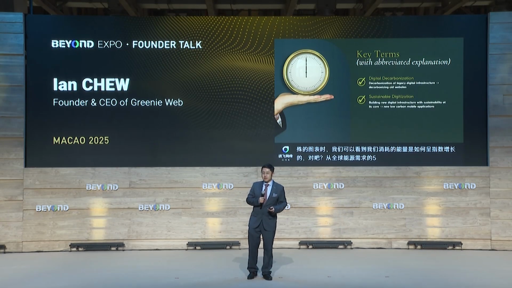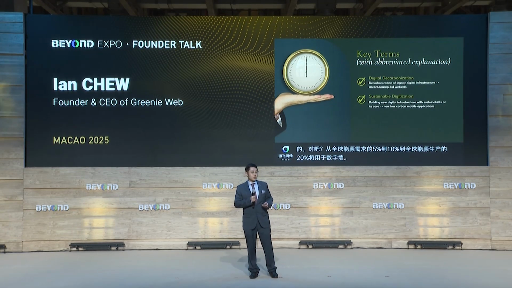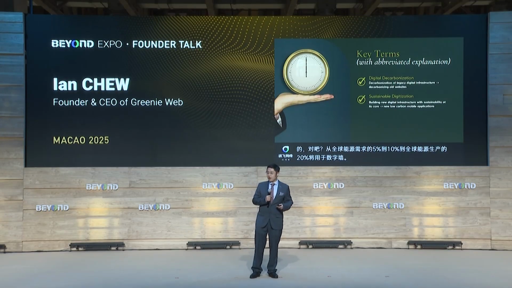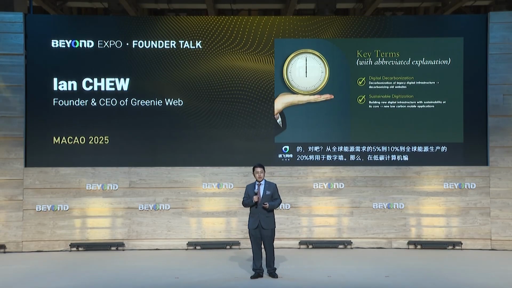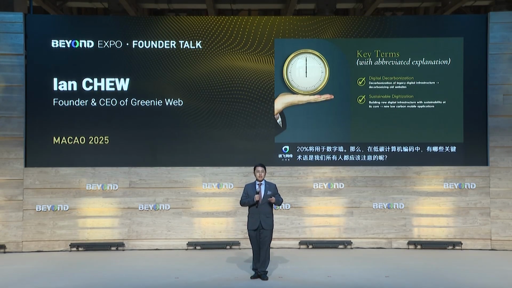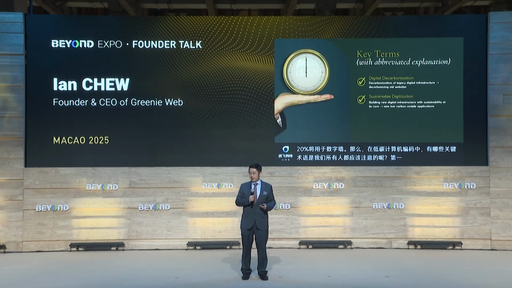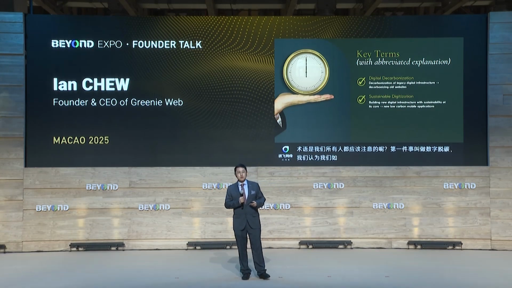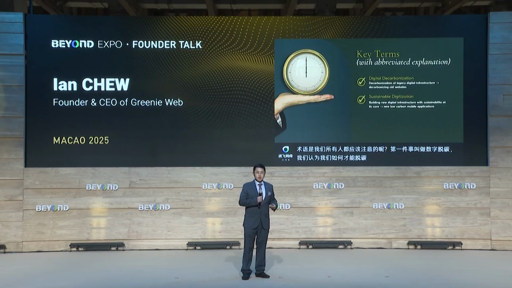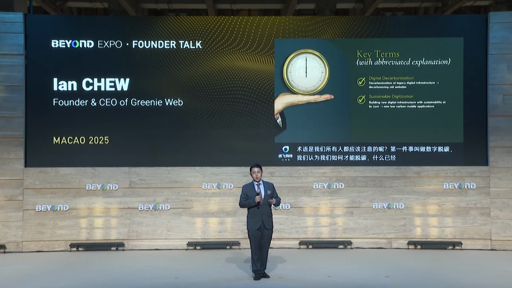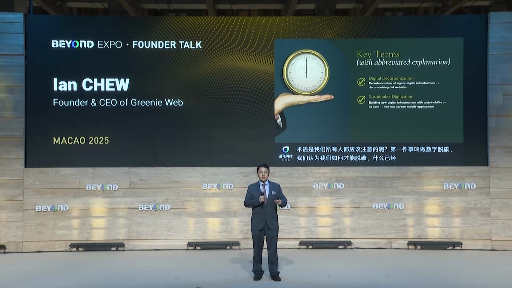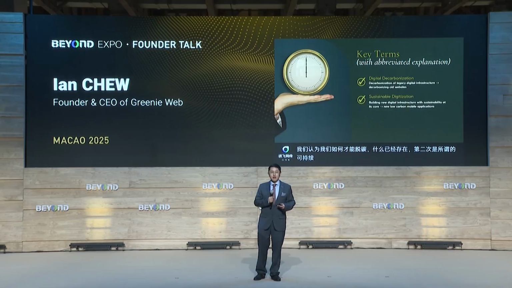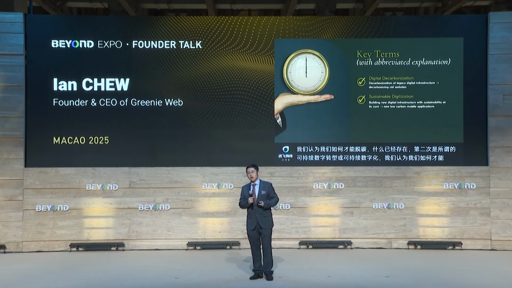So what are some key terms in low carbon computer coding that all of us should take note of? The first thing is called digital decarbonization, where we think of how we can decarbonize what is already there. And the second term is called sustainable digital transformation or sustainable digitization, where we think of how we can build new things in the future that are inherently green. How can we build a new low carbon mobile application?